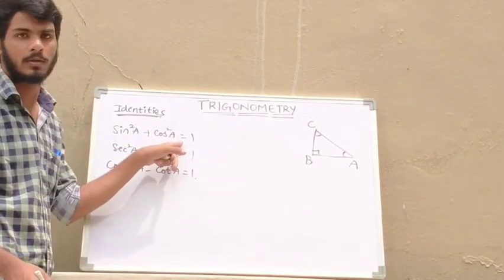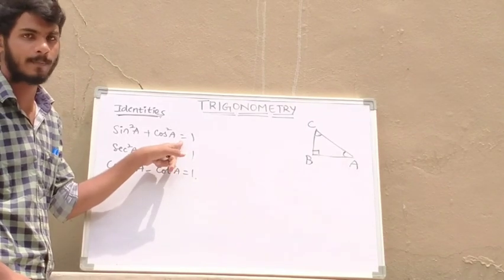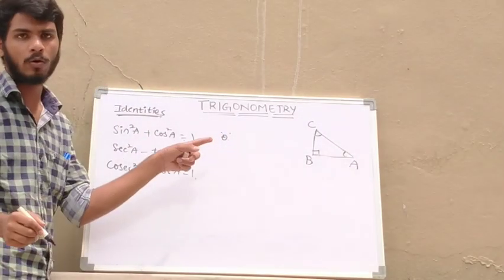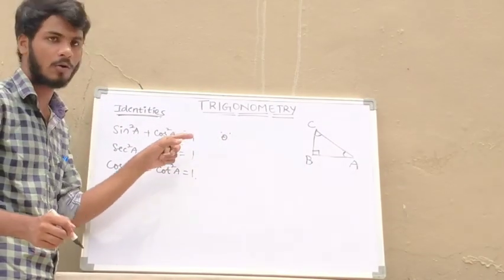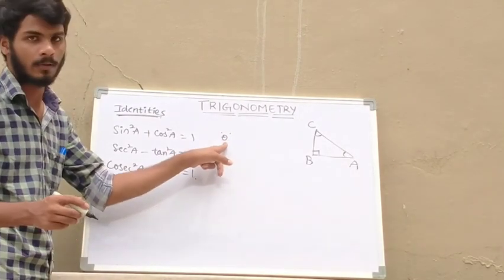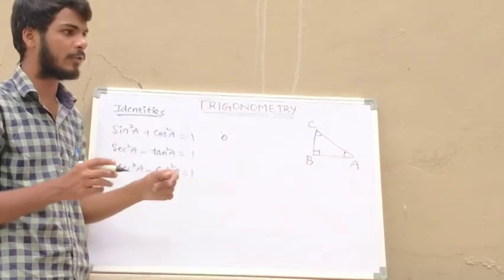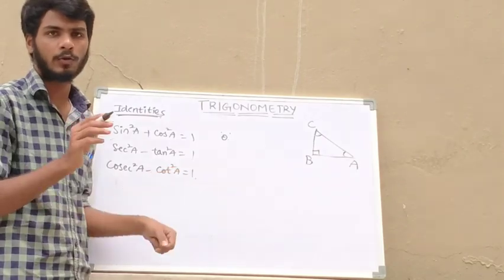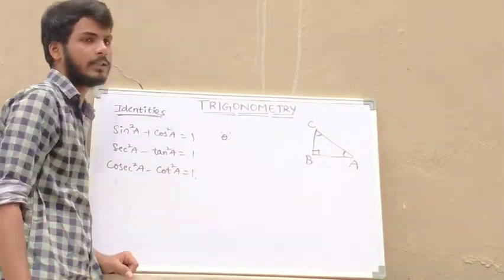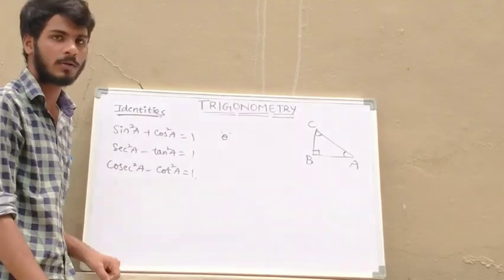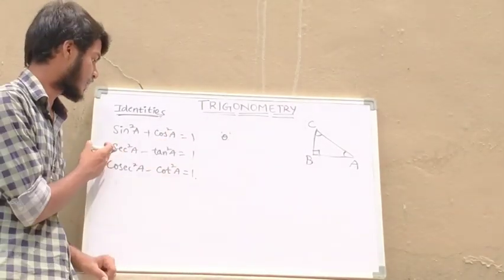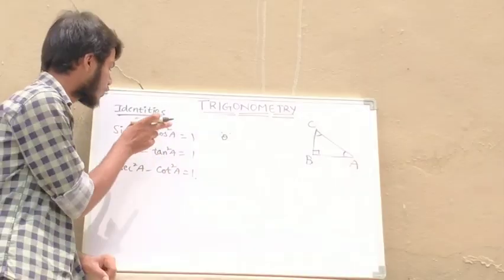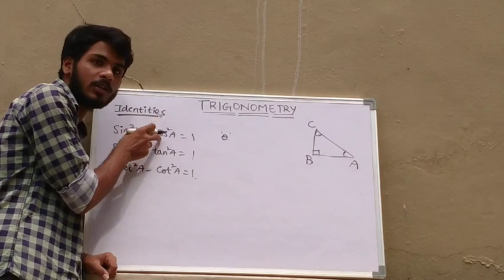First we will learn about the first identity, sin square A plus cos square A. There is an angle called theta. If you don't know the angle in the sums, you will denote it with something. For example, in a problem, if you don't know the value, you will assume it as x. But in the case of a triangle, if you don't know the angle, you can replace it with theta. Sin square theta plus cos square theta equal to 1. Secant square theta minus tan square theta equal to 1. Cosecant square theta minus cot square theta equal to 1. So let us prove that sin square A plus cos square A equal to 1.